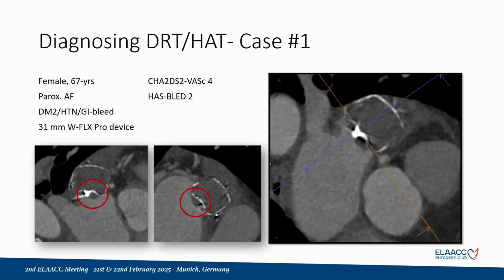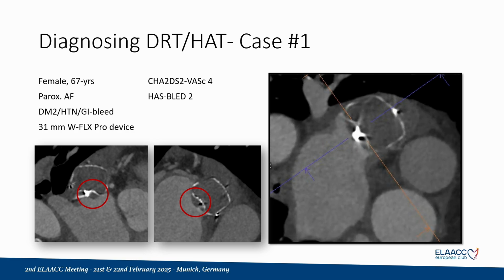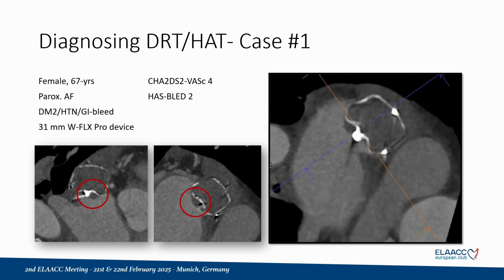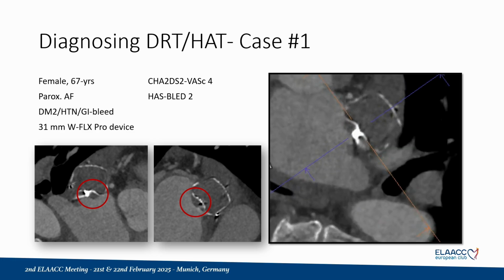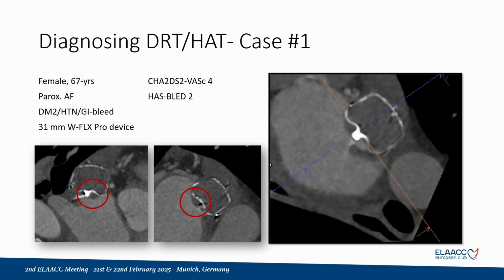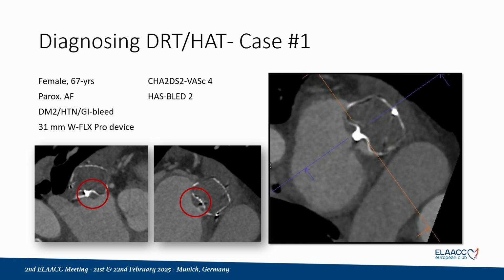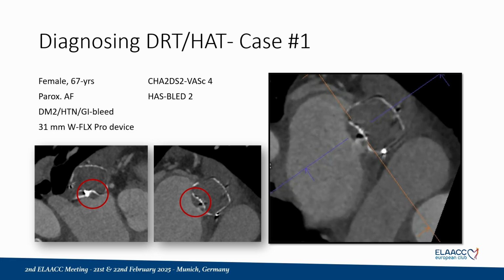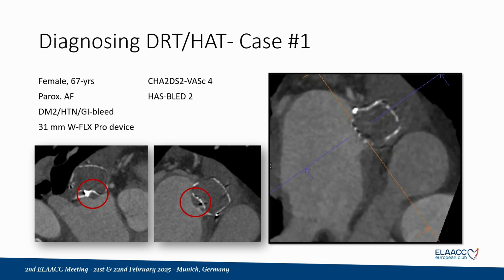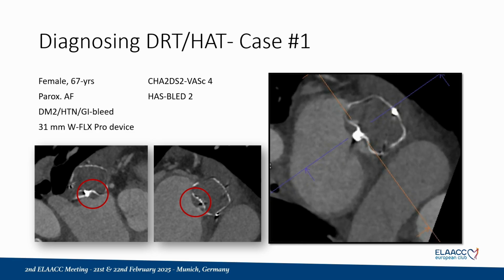I brought a few cases, and this is the first case where we did a follow-up CT, and you see there is a hyperattenuated mass located in the screw hub cove, but it's protruding into the atrial cavity. It has an irregular surface, and there's no continuation onto the atrial wall, which we usually consider to be low-risk features. So we were actually in doubt whether this was thrombus or whether it was